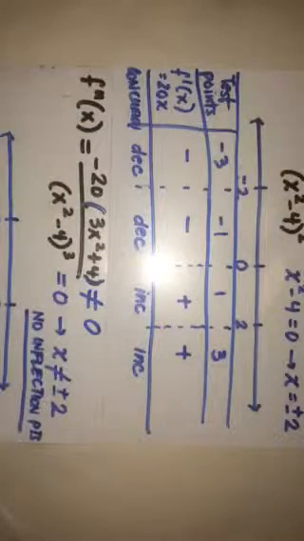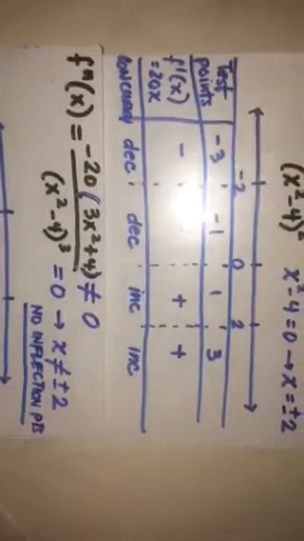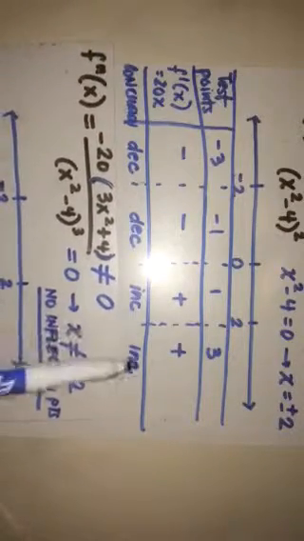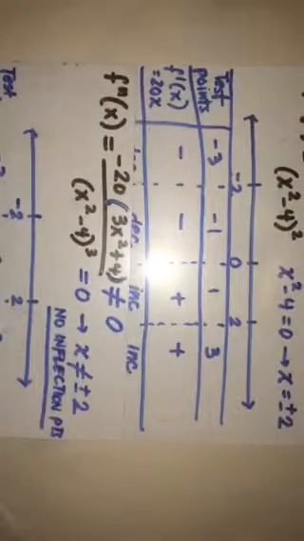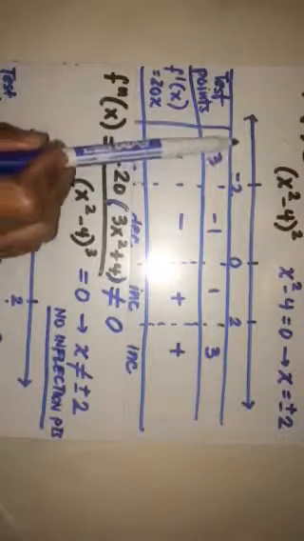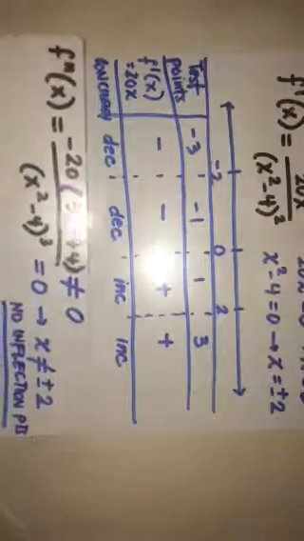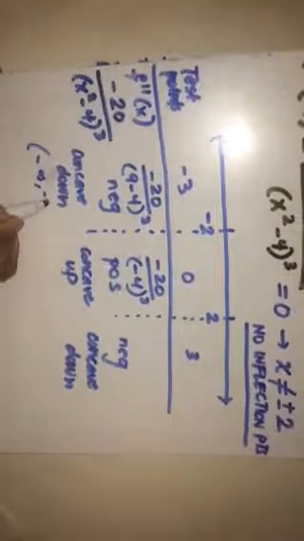We want to be able to bring them together by considering all the endpoints of the interval, of the one that has more intervals. So I'm going to use what we have for increasing and decreasing. We have from negative infinity to negative 2, I have the function will be decreasing, and then on the concavity it says from negative infinity to negative 2, we have concave